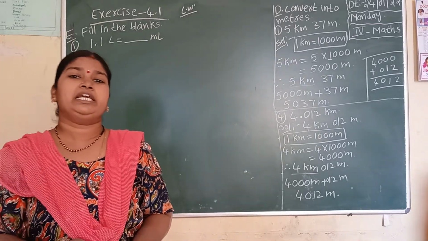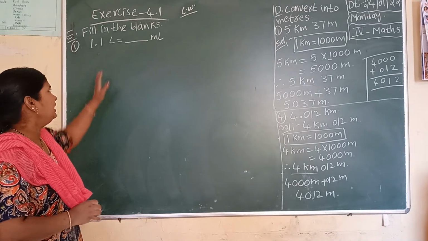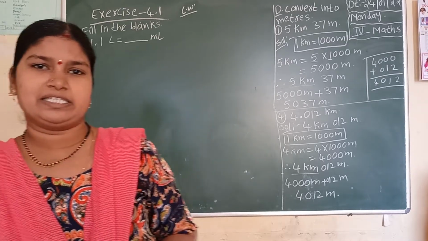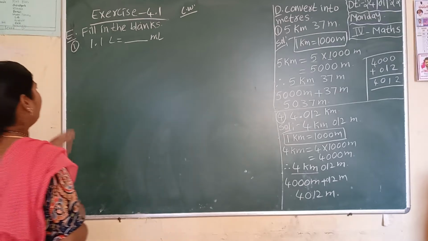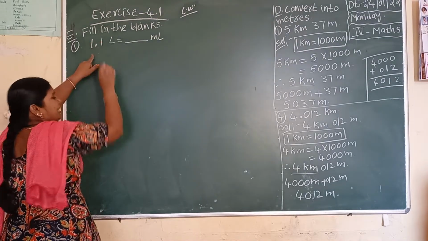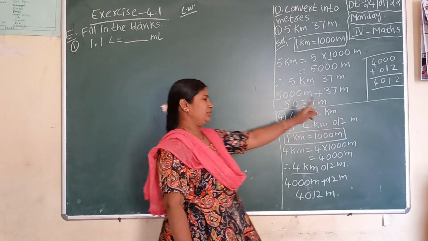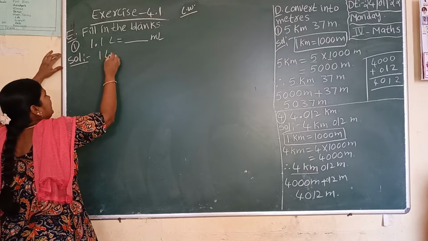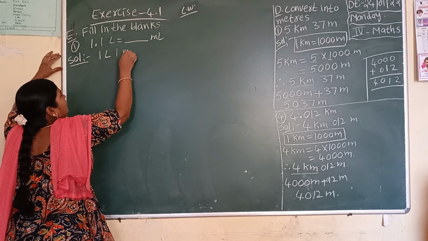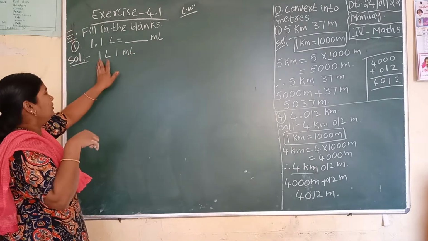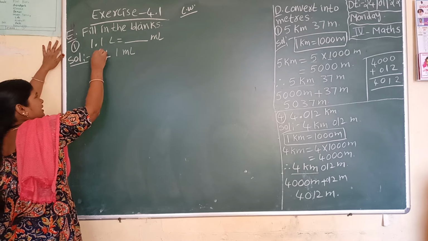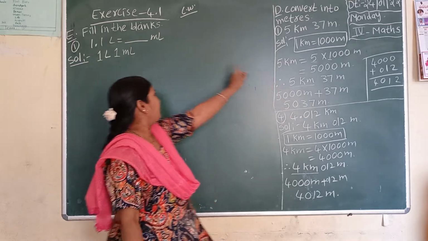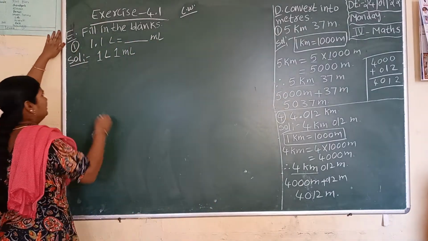Okay. First of all, here also you have to write down the formula between liters and milliliters. 1 liter is equal to how many milliliters? 1000 milliliters. Before writing this, you have to convert this in your component way. Point before is there means you write 1 liter. Point after is there means 1 milliliter. Okay, now for your understanding it will be easy. Now you have to convert into milliliters and write down the answer in the given blank.